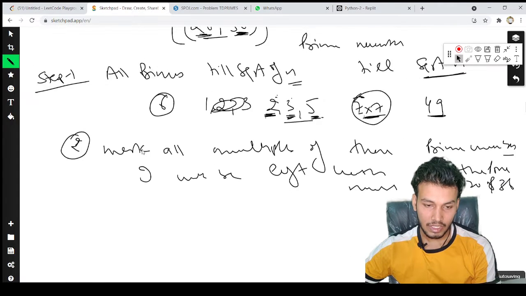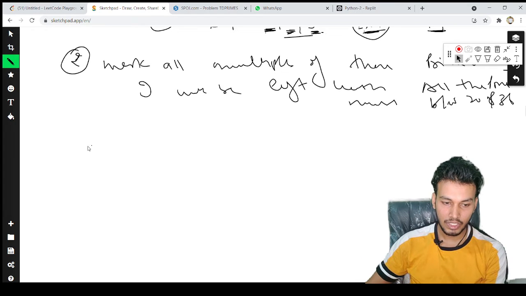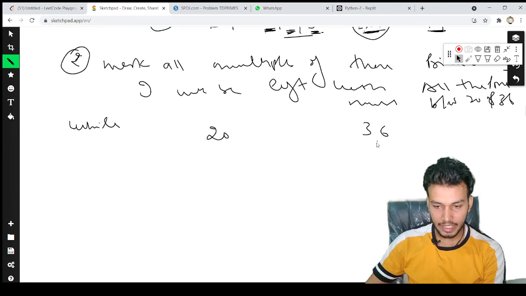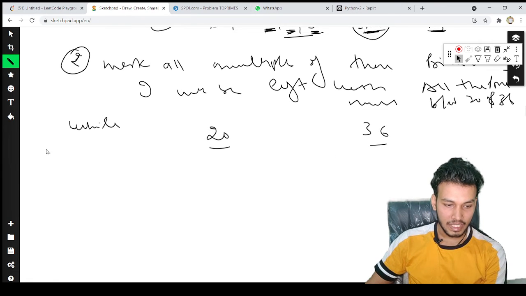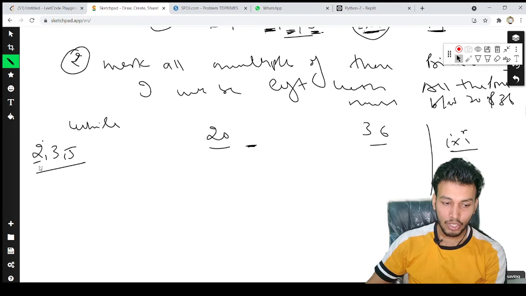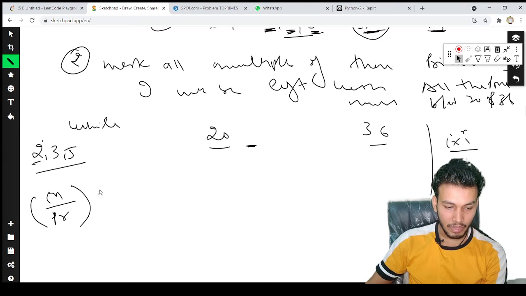Now, one more thing that we need to notice is, while marking between 20 and 36, for every prime number, for now we have three prime numbers, 2, 3, and 5. For 3, I need to find the first multiple. Like in Sieve, in the inner loop we are starting from i cross i directly. But here we don't know from where I need to start my inner for loop, and then I'll keep adding 2. So for finding the first multiple, this is m, so I will do m divided by prime number multiplied by prime number.